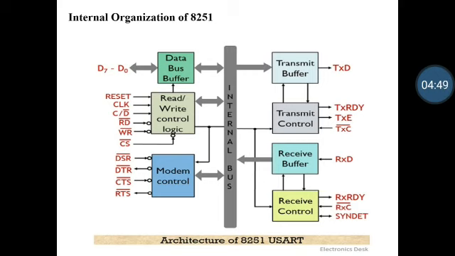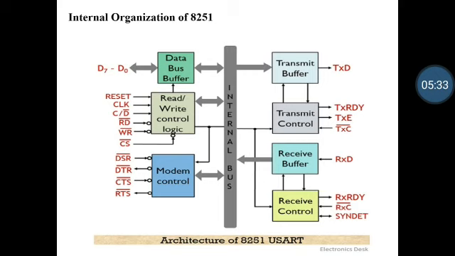Means in case of duplex and half duplex, data is transmitted from both sides, but the difference is that in case of duplex mode, the data is transmitted in both directions at the same time, and in case of half duplex mode, the data is transmitted only one side at a time. So these are the three types of methods of data communication: first is the simplex, duplex and half duplex. So this is just the introduction of data communication.